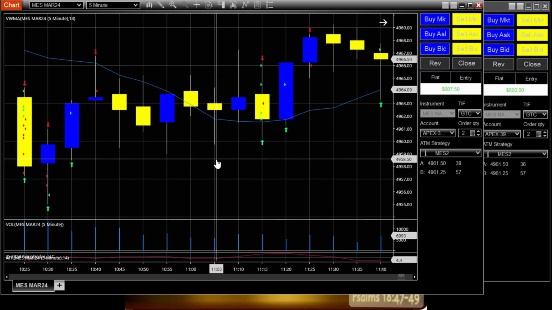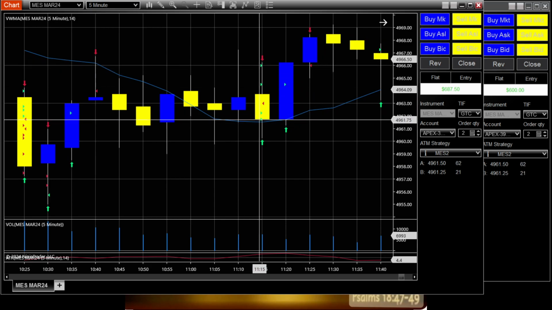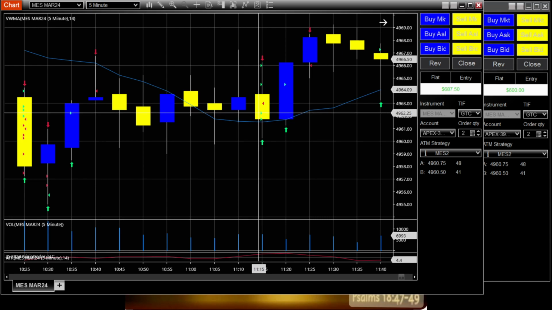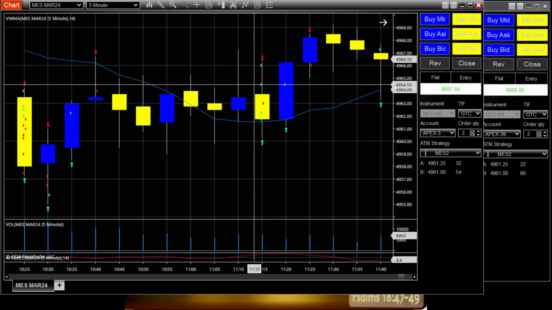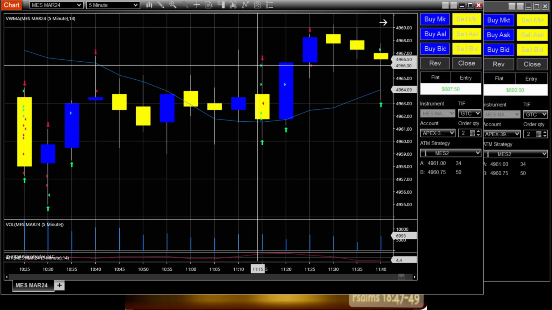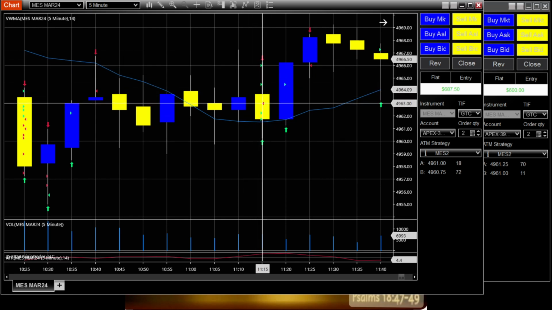So I watched price action a little bit. Eventually I took some longs here again above the weekly value area high at 49.6125. My entries were 49.61, 49.61.75, 49.62.25, 49.64.50, and 49.66. Eventually I stopped out here at 49.63. So I think that ate into my profit a little bit.